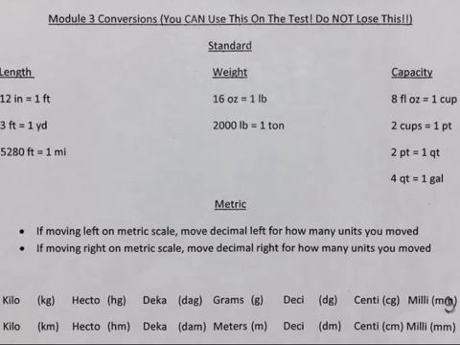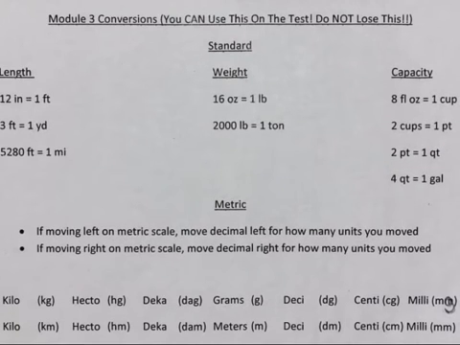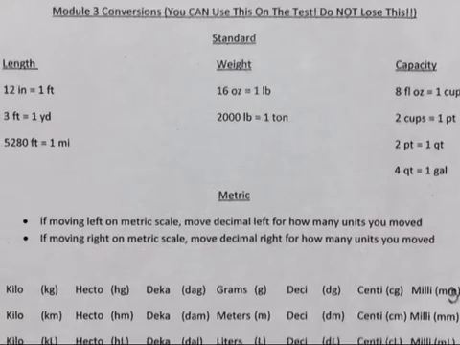The purpose of this video is to take a look at section 6, dealing with conversions with weight and mass. So I want to reference once again the Module 3 conversion sheet that you should be using for this course. We're going to be using weight for standard measurements in the US, which is 16 ounces equals a pound and 2,000 pounds is a ton. And then we'll also use the metric